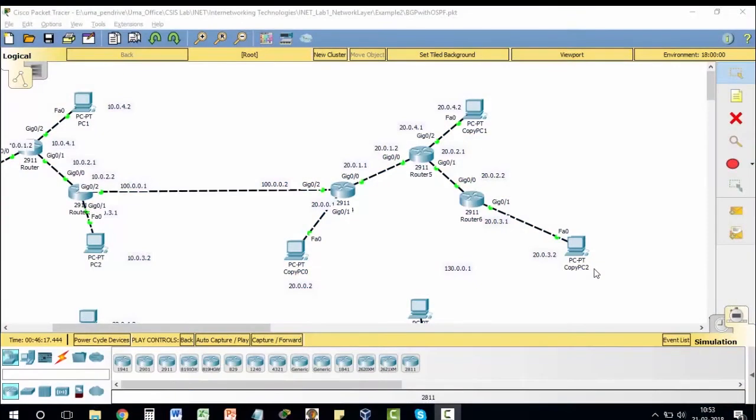Welcome to the lab capsule on the network layer. The objective of this lab capsule is to understand a network configuration with BGP as inter-AS and OSPF as intra-AS configuration. Before we look into the topology that we see here, let's get into some introduction on what is BGP and what is OSPF.